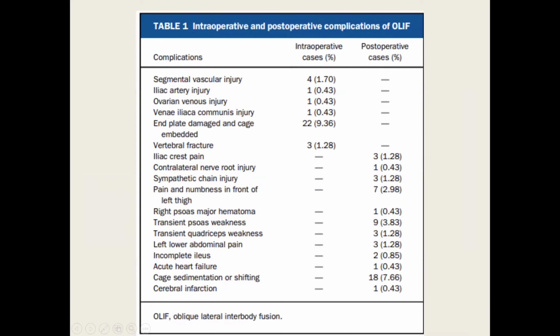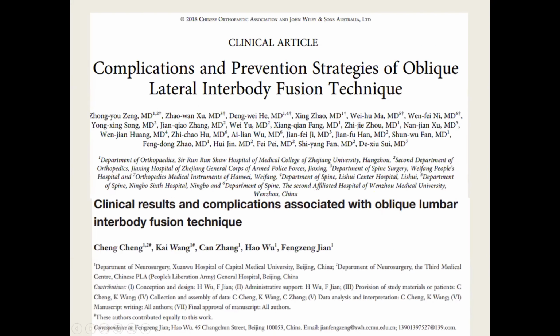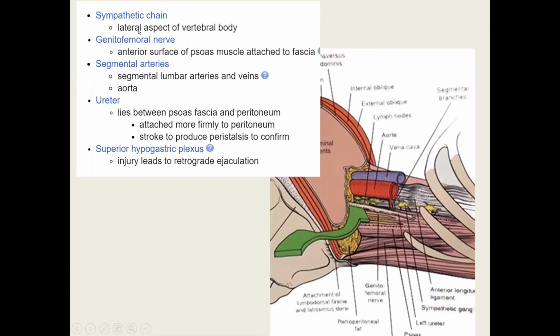In addition, another common complication is vascular injury. I'll be explaining the causes of vascular injury and how to avoid it. As I explained, there can be nerve damage, contralateral nerve root injury, and sympathetic chain injury. The sympathetic chain has to be avoided because many times, if it's damaged, people complain of change of temperature. One of my patients kept on complaining of increased temperature at the site of surgery. So the sympathetic chain has to be saved. All the nerves have to be saved, and the vessels also.